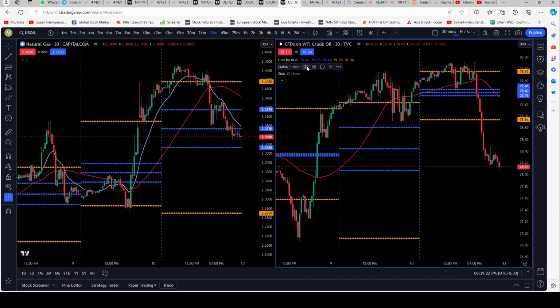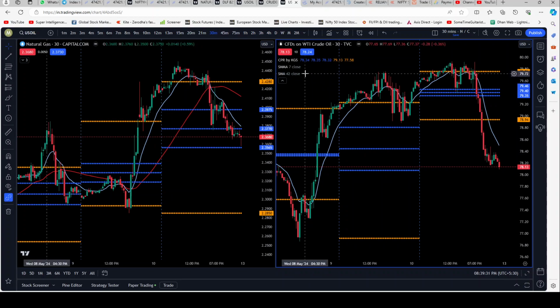Either you give up that or you give up the SMA 42, whichever one you feel you have to give up. You have to give up one of the moving averages. In fact, you don't even have to give up anything. There is an